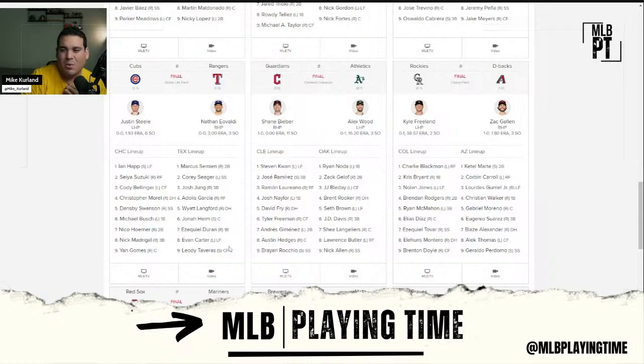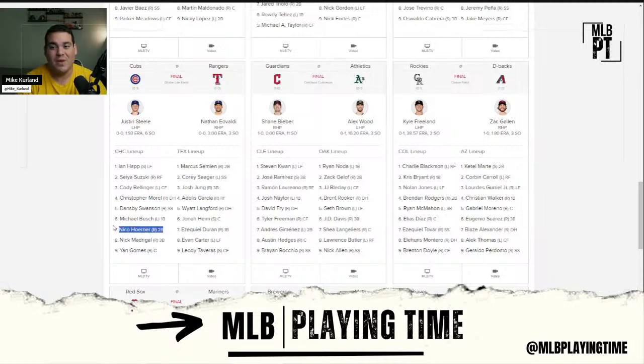I figured after seeing the fallout of the lineup that it made sense that he would play every day. They mentioned that he would probably get a chance to play against lefties, but just realize Evan Carter's going to bat 8th, bottom of the lineup, against lefties and probably still sit against some as needed. But he's an everyday player, and that's a big deal because you drafted Evan Carter around 100 to 120. You drafted him for that reason, to play every day.